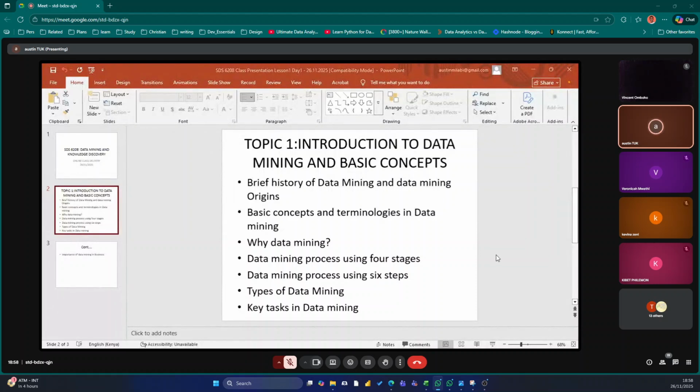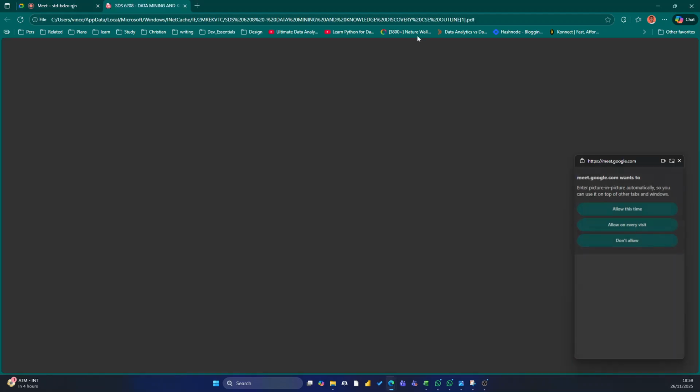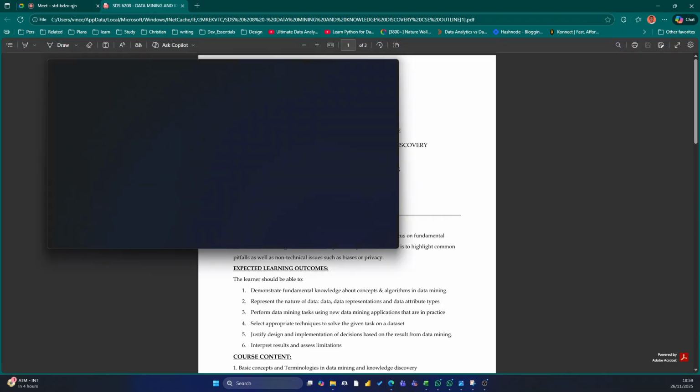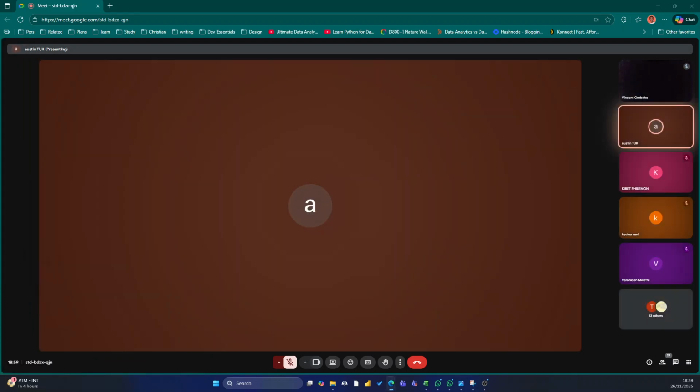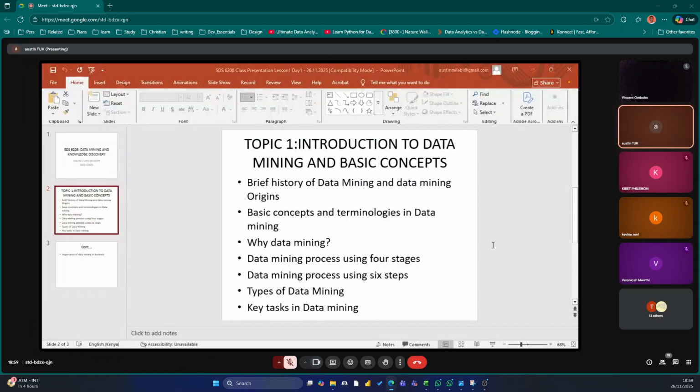We can also not miss to talk about data warehouse, something I've just mentioned. The other thing we cannot also miss to talk about, we call them data mining tools. In data warehouse, we cannot miss to talk about online application processing, which is a tool applicable in data mining.